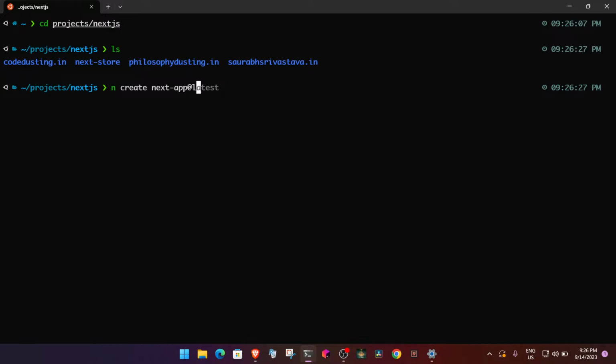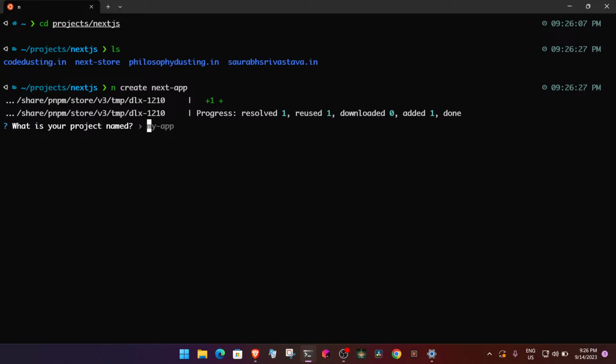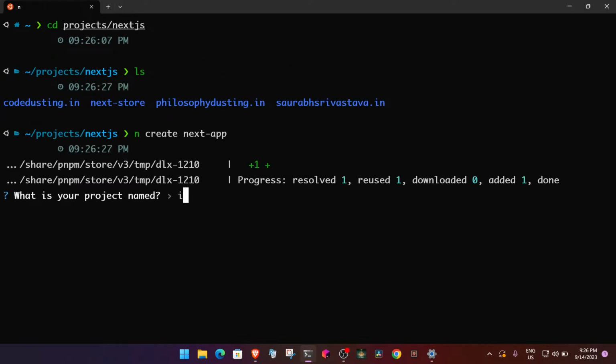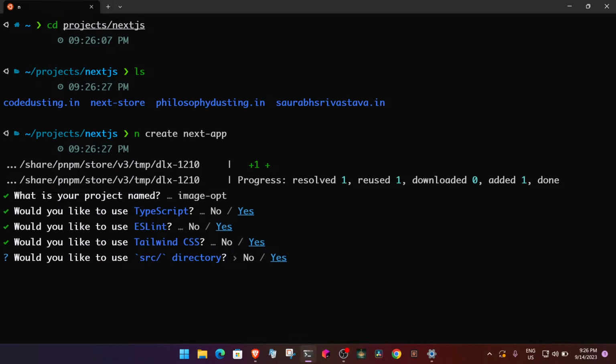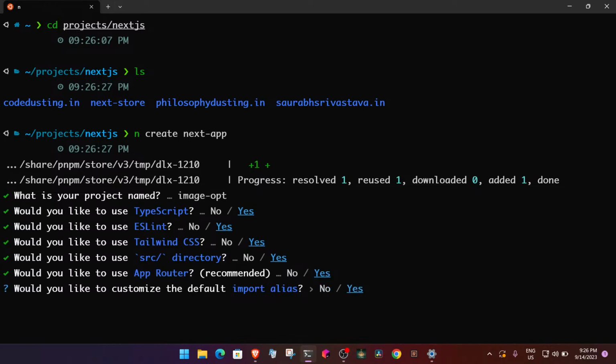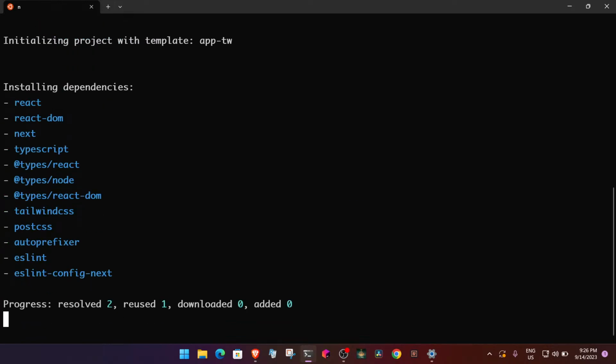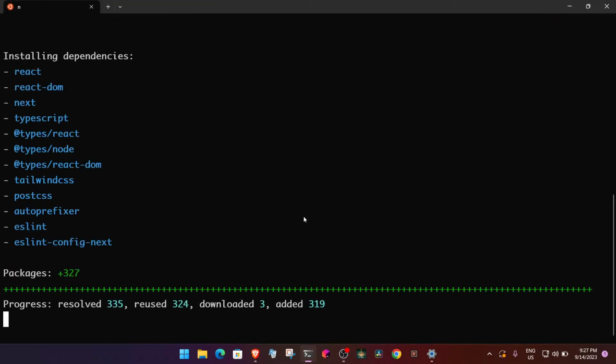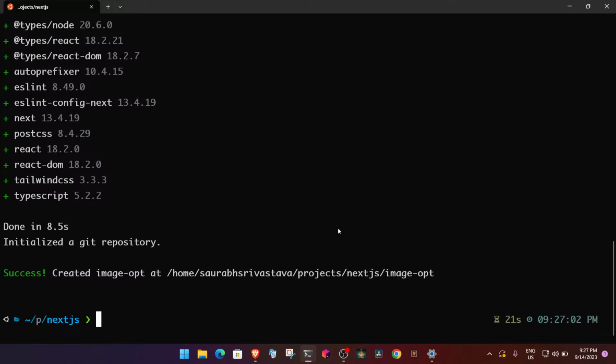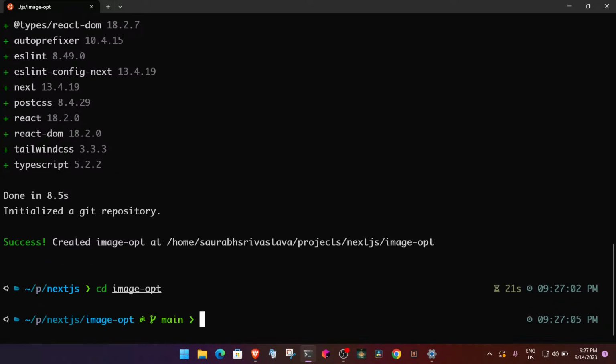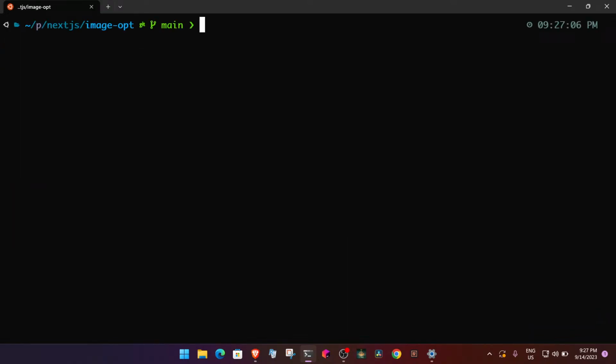First of all, I'll just call it image opt. Yeah, everything should be yes, yes, yes. Okay, while this is happening, let it happen. Cool. So let's go inside this image opt, and let's also do